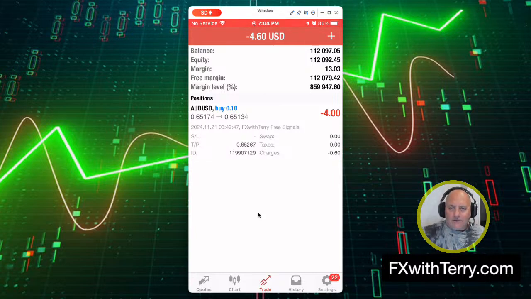the more people are going to come in and go, I'll just steal this free trade and I'll auto copy it to one of my accounts. And I'll have these losing trades that I take from other people, but Terry's trades will win, and because I'm not willing to put any skin in the game. So as far as the free signal goes, that's one way that I'm going to put it out there. Now,